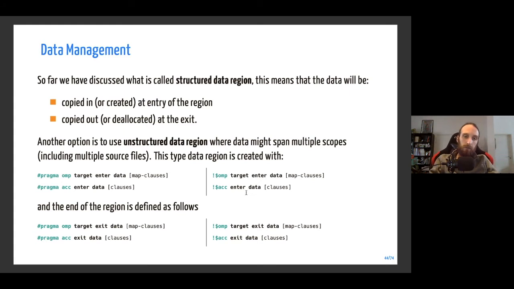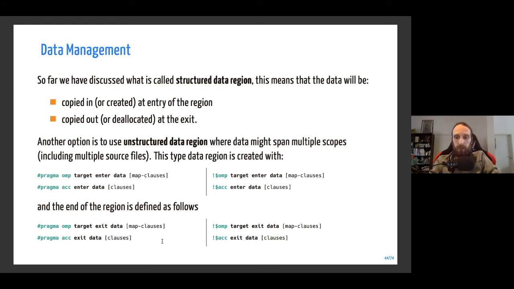You have the option to use an unstructured data region, which is similar to doing a malloc or a free operation. So you have target enter data in OpenMP or enter data in OpenACC, and you also have the end of a region, so the deallocation or copy out, which is the target exit data or exit data directive for OpenMP and OpenACC respectively.